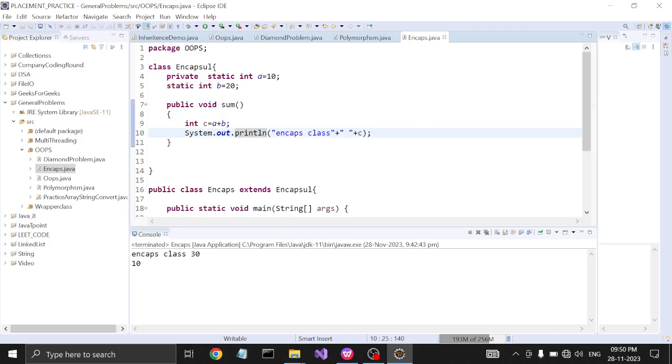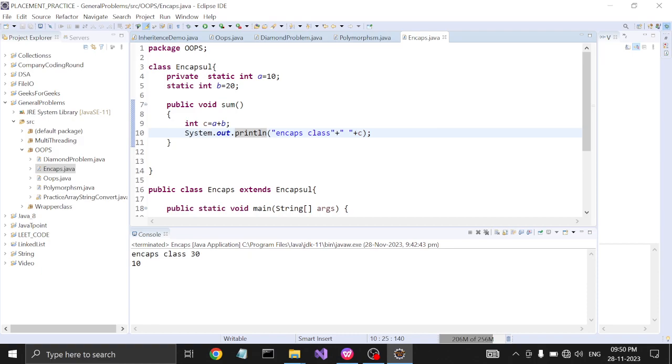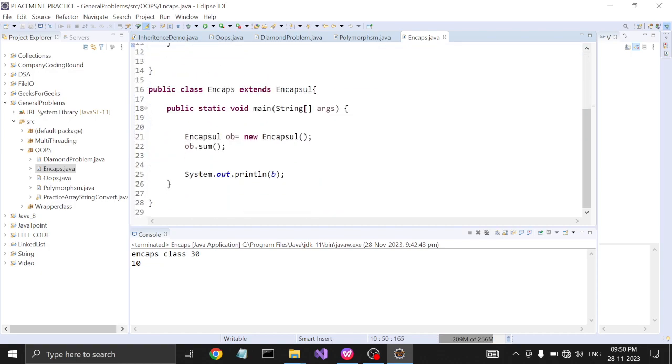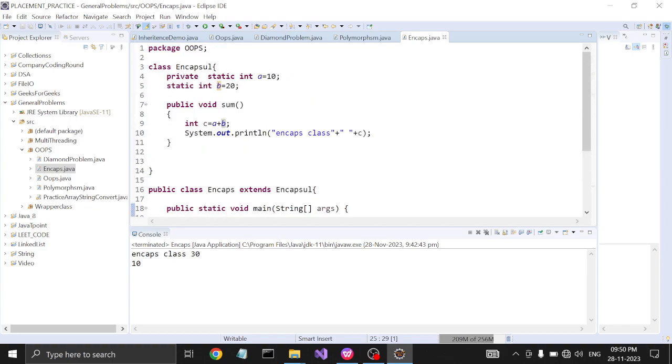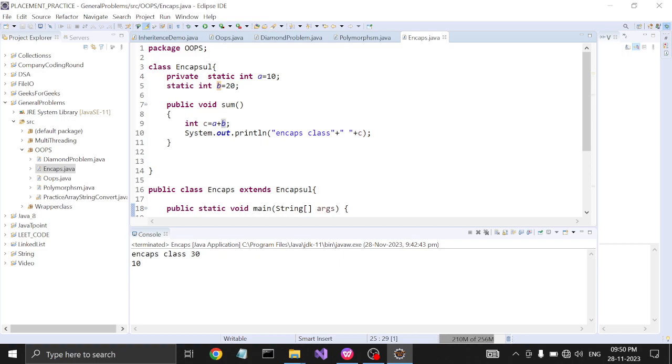So we are able to access and modify the data of the sum method because of public, and we are able to access the member variable of the Encapsule class from outside of the class because we have made it public.